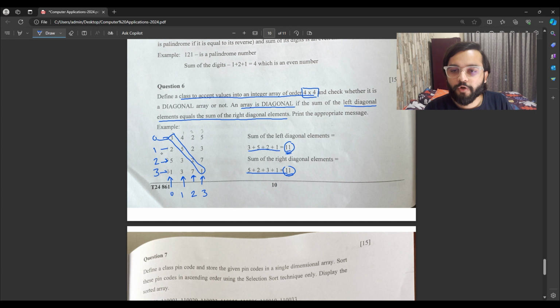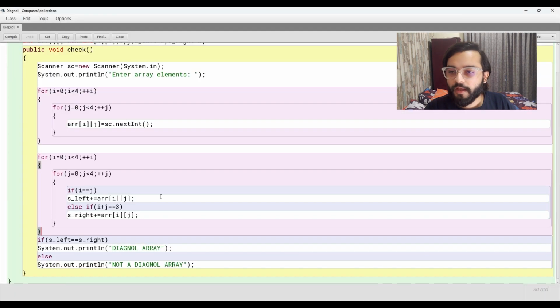Both the row and column values are the same. In this part also the row and column are the same, that is, this is 3, 3. So we can take the condition: if i is equal to j, the value of row and value of column are the same, then we will add it to our sLeft variable.